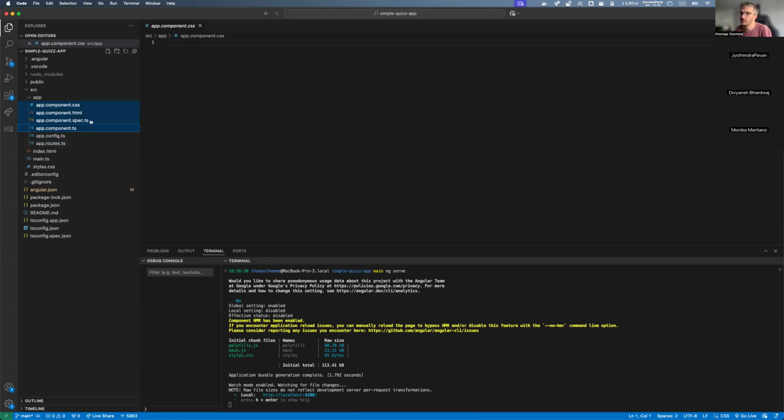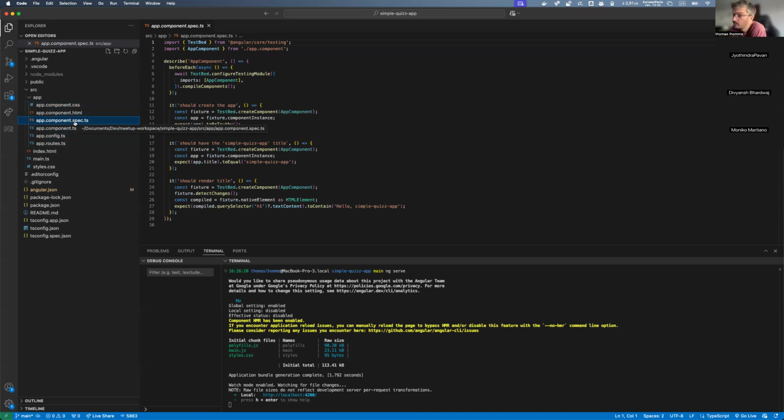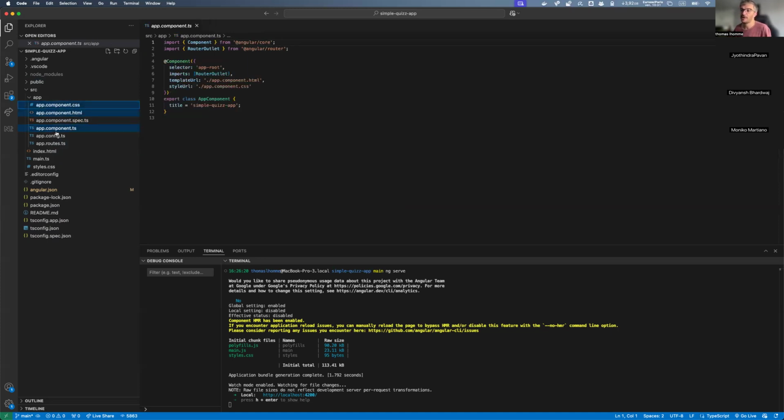Among those 4 files, there is one more that is quite useless to us for now, this one. This is the unit test. Obviously, we're not learning how to do a unit test with Angular right now, so we can also remove it. If you remove it, you will have absolutely no impact. So that leaves us 3 files: app.component.ts, app.component.html, and app.component.css. So the files that are important to us are index.html and then those app component files, because the app component is actually a real component, right?